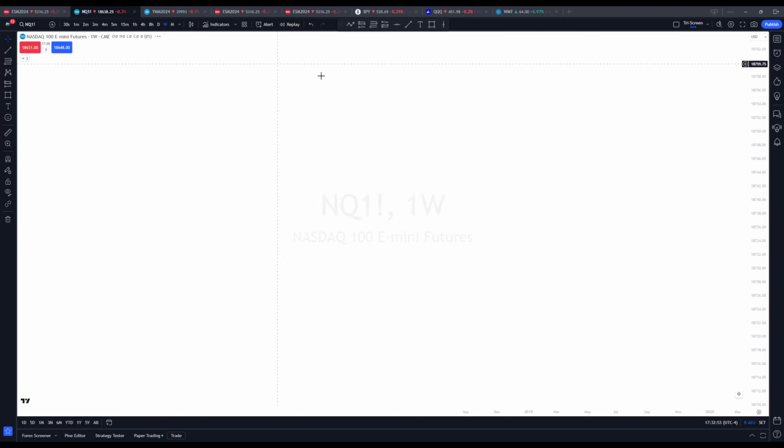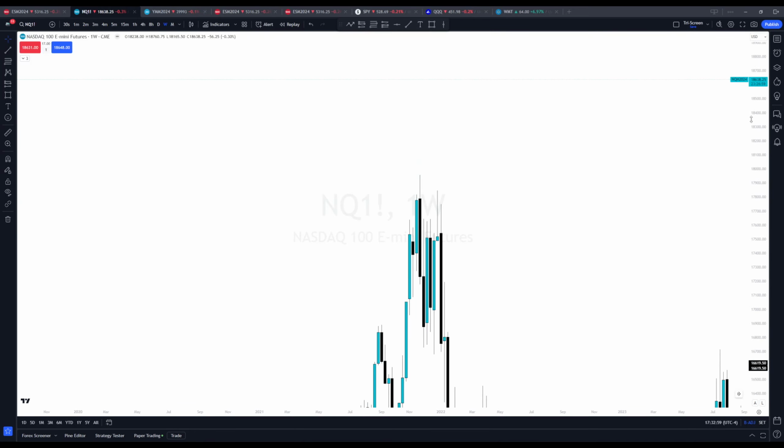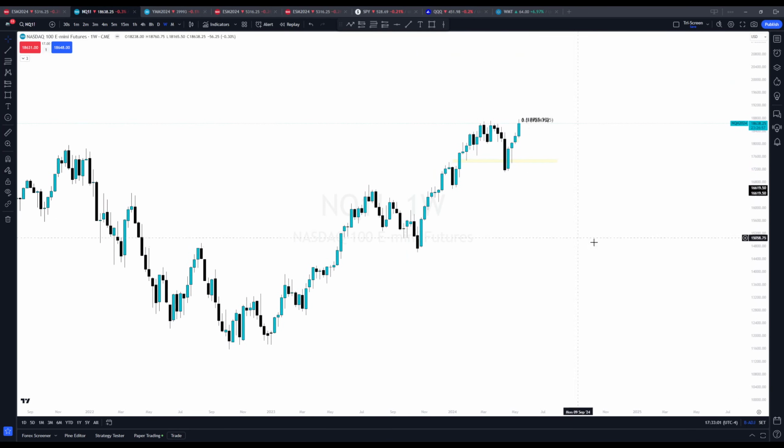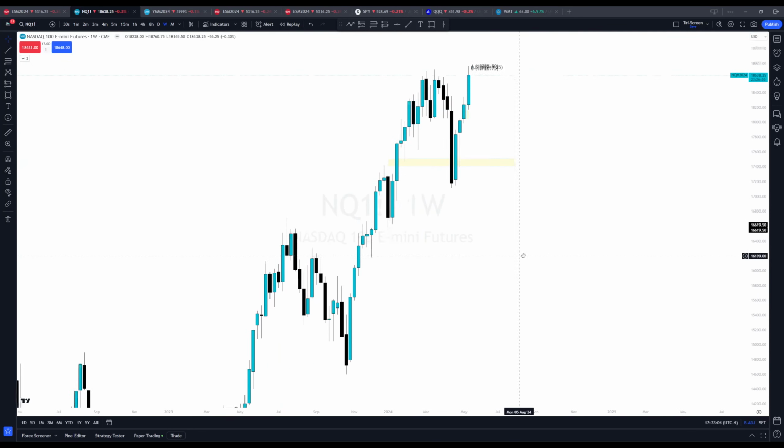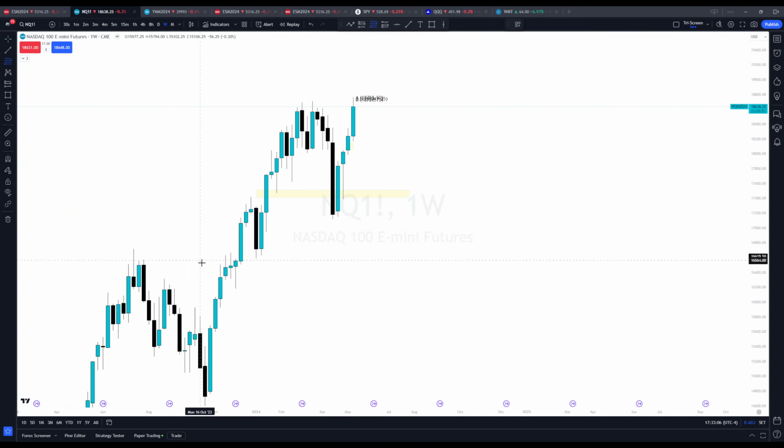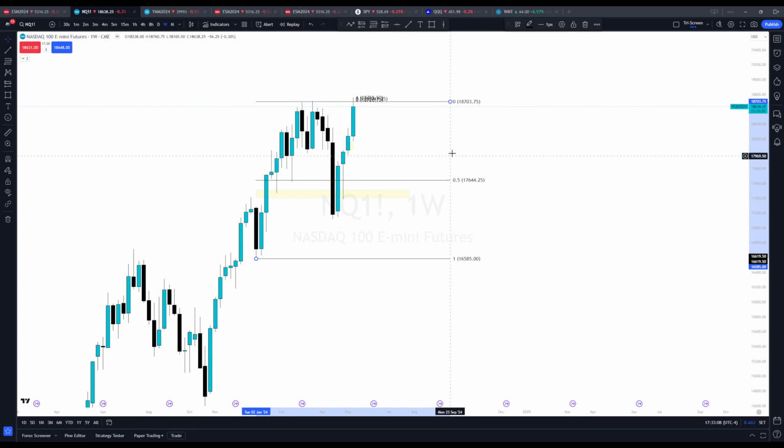Even if you go back on the weekly time frame here, if I can get my charts to work for NQ, this is the NQ continuous contract. Look, this is the weekly, right? Remember this last downswing, our last bearish move? We came down, filled in the weekly FVG, the daily FVG that I showed you earlier, weekly order block here, obviously. But look, right below 50% is where you want to look for longs. A lot of people hopping on shorts here.